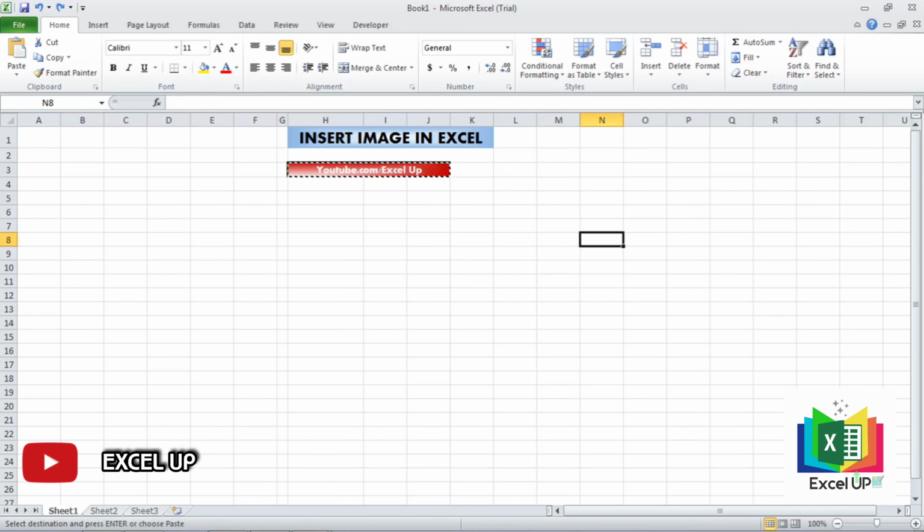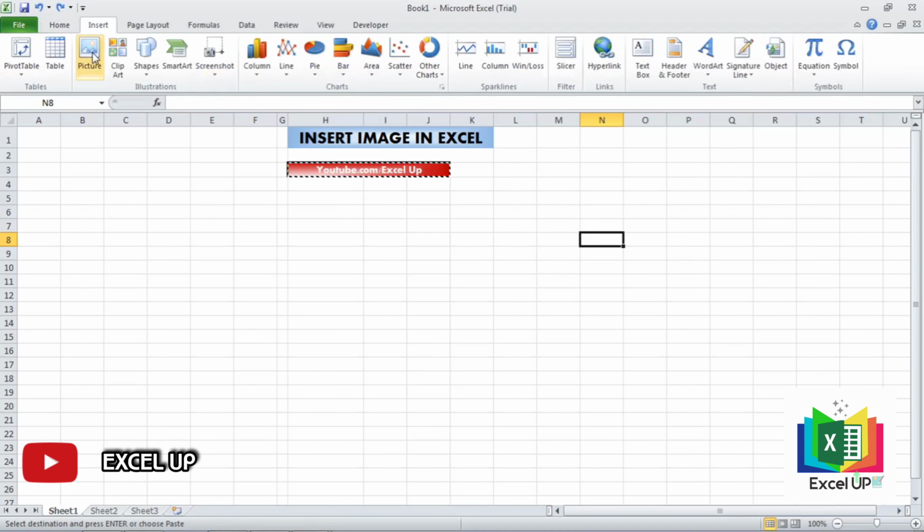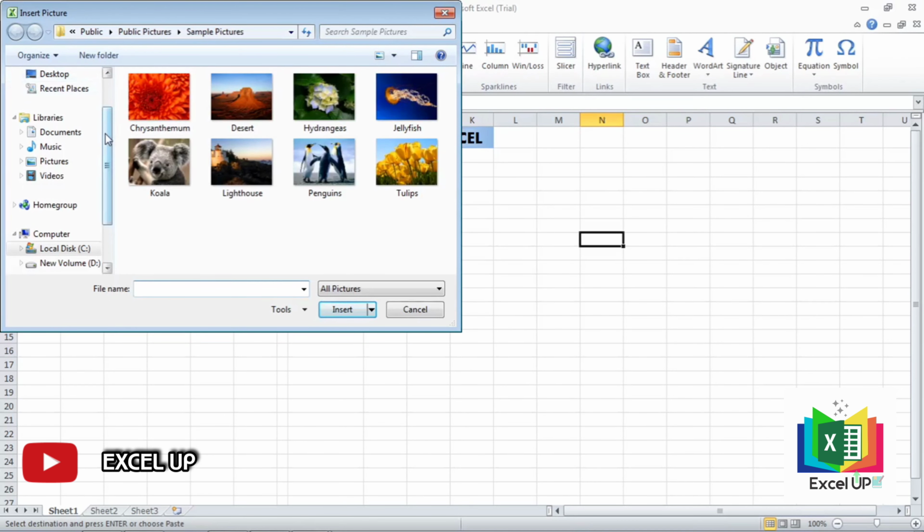Today we are going to learn the basics of Excel, and the thing we are going to learn is inserting an image in Excel. Yes guys. How to insert an image? Easy thing. Just go to the Insert tab, click on this Picture icon, select the desired